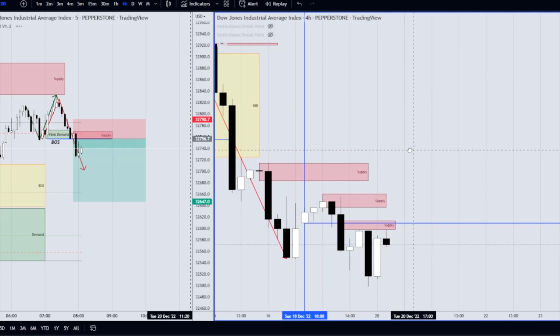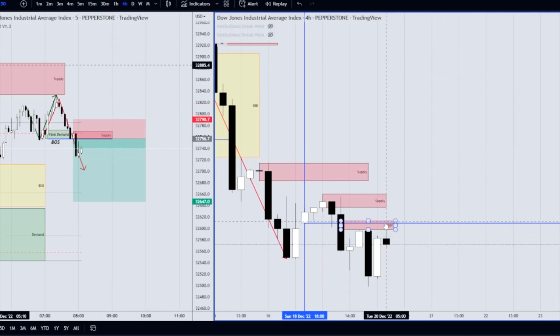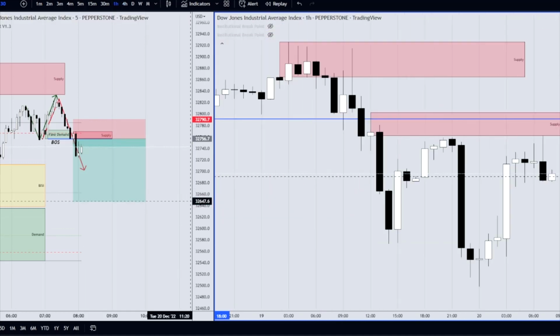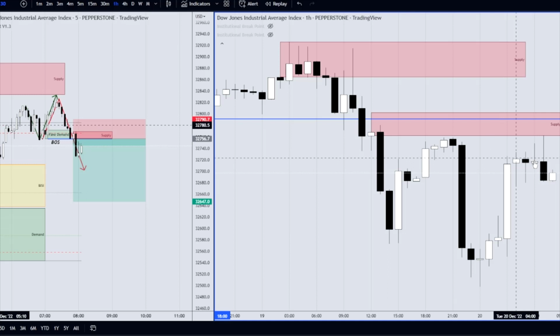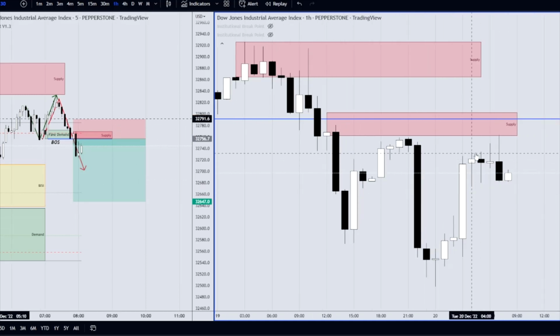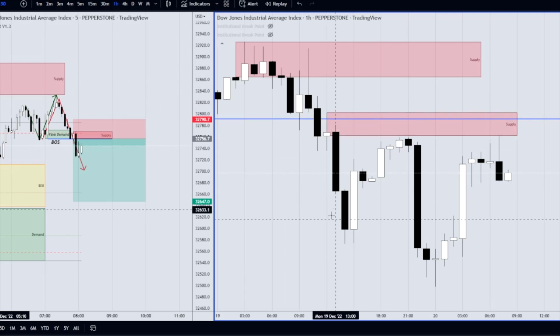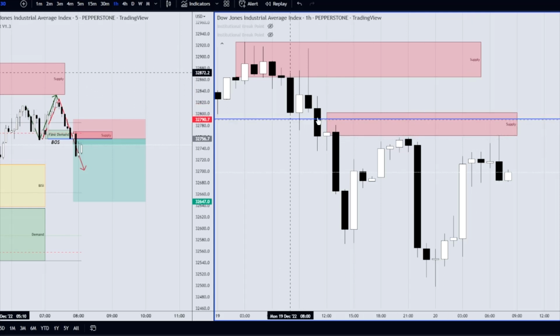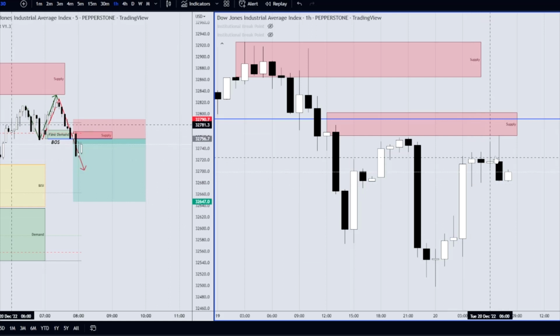In this area on the 1 hour, this supply zone. If I switch to the 1 hour, we could see this rally down, sorry, drop, base and drop. I marked out this pin bar, dragged it across as supply, and we can see how as we came into